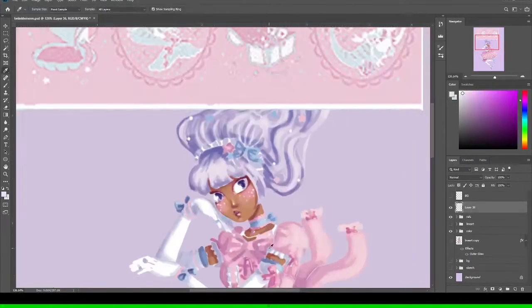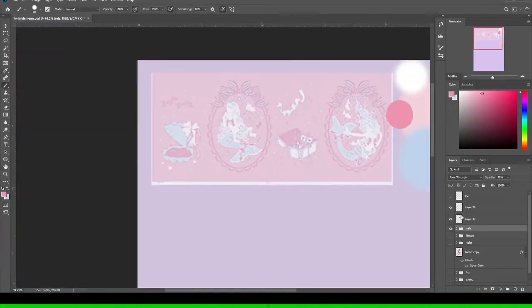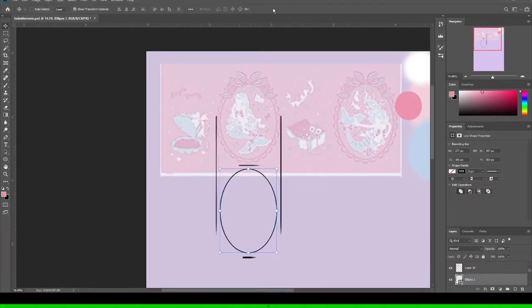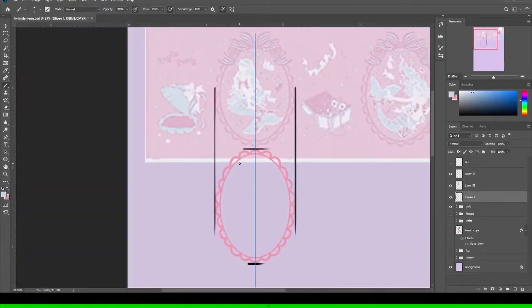So I saved drawing the print for last out of sheer laziness. Usually if it's a really, really complicated print, I will draw it first to get it out of the way. I think the most complicated print I've ever drawn was Sugary Carnival, and it was one of the first Lolita drawings I did, so it took me like a whole day to redraw it, but I learned a lot from it. I'm just kind of being loose with what the actual print looks like for this one,